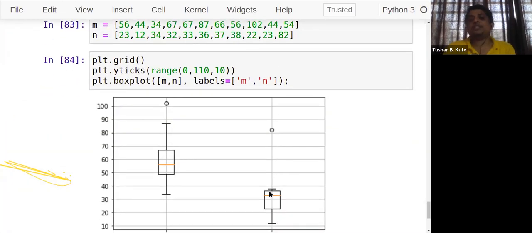This plot is useful when you have to see many things in a single instance, like the describe method that we use, which shows everything: minimum value, maximum value, median value, 25%, 75%. Outliers are not shown by that, but the box plot will show you the outliers, which is very useful, and you can even remove them. Removal is very easy. Maybe it's not part of this session, but you can use Boolean filtering. The values which are above 90, discard them. Outliers can be deleted directly. So visualize it, and then we can perform operations on it.